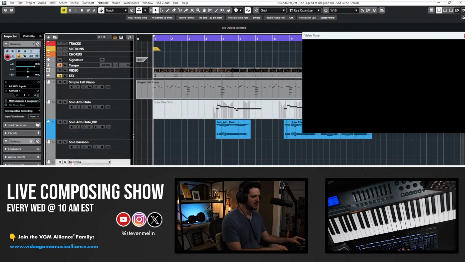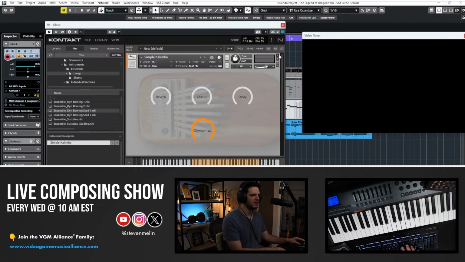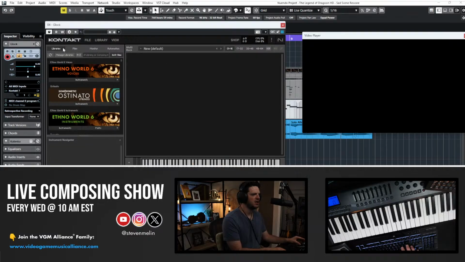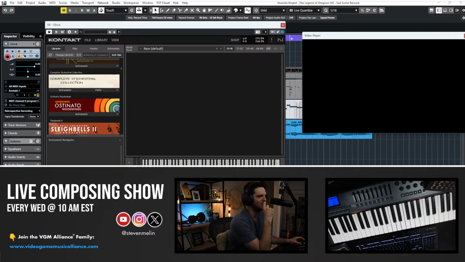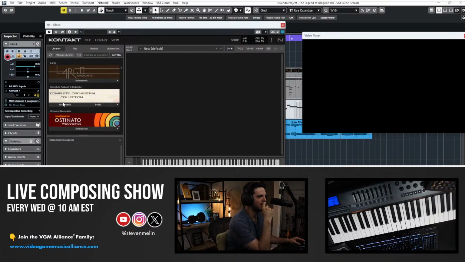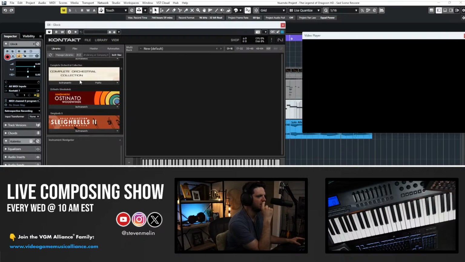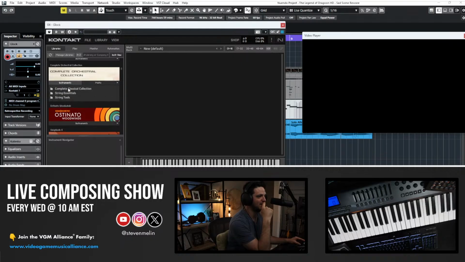Actually, I like that idea. I'm going to do a glockenspiel, but it's going to be retro. It has to be. It can't be some fancy, high-def version. And there's only one place to go for that. This is one of my favorite libraries. And none of you should buy it because it is a stupid purchase, unless you do retro music. I don't know how I could ever encourage someone to buy this because it's just a stupid purchase. But if you like the GameCube era, this was used on everything.